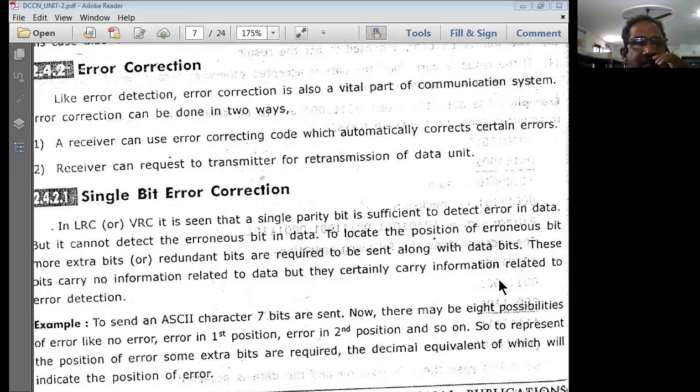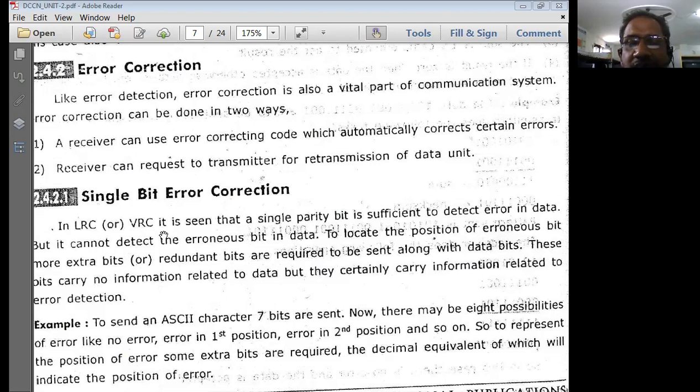In the previous class, we finished with error detection techniques, where we discussed VRC, LRC, CRC, and checksum methods. So using those methods, we discovered that there is an error at the receiver side. So the receiver has to discover that there is an error. For this purpose, what is it that we did actually?